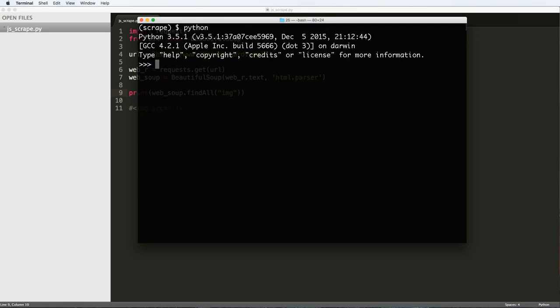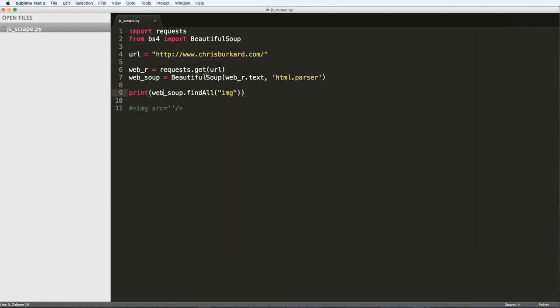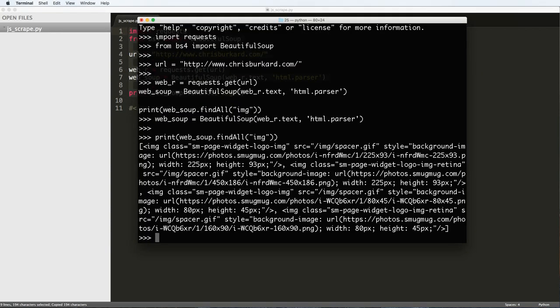And I'm just going to run Python. Of course, we're using Python 3.5 here, and I'm going to go ahead and import all of this stuff. What we see as a result, we have some images coming here. There's only a few images,